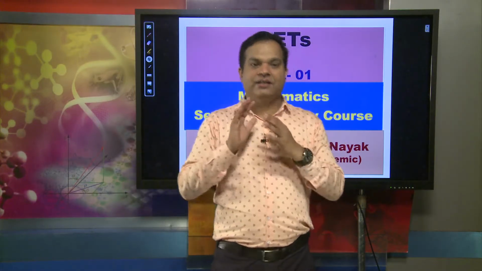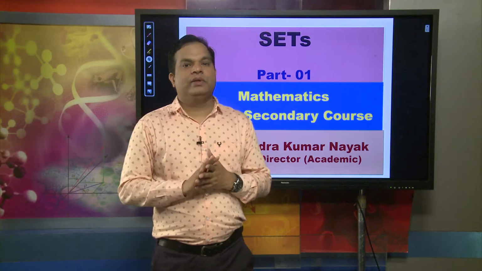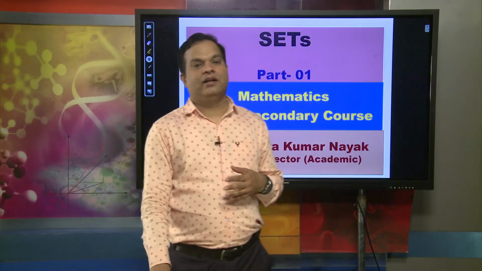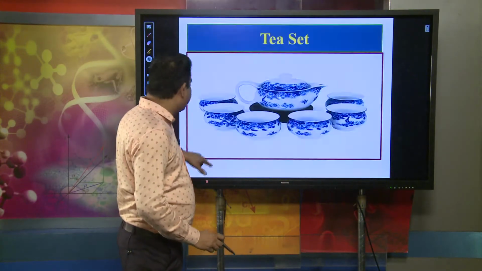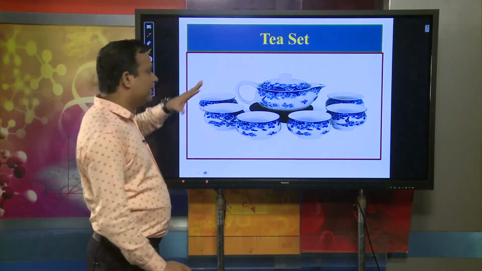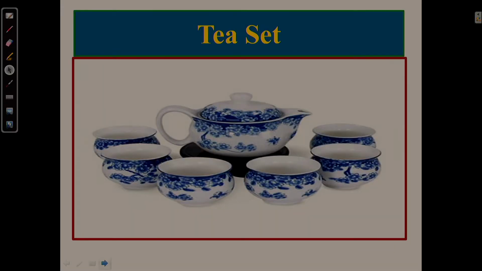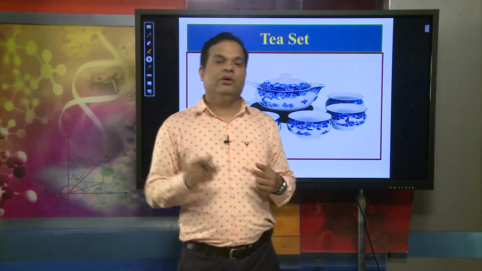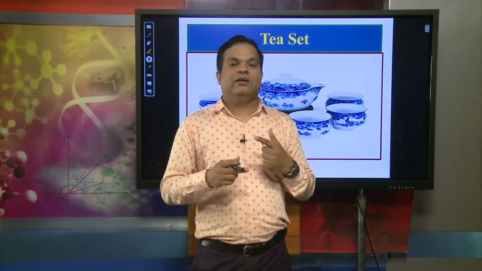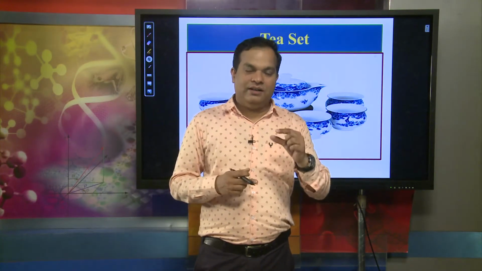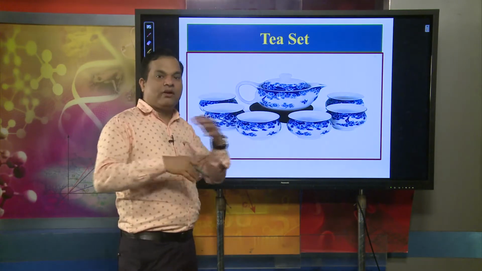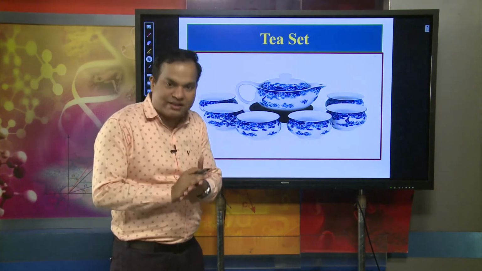When talking about sets, in our day to day life, you must be acquainted with terminology like tea set. For example, when talking about a tea set, we can say there are different elements. For example, one is a cup, we can say plate, and we can say bucket. Then when they combine, it becomes a tea set. After combining their different elements, it forms a set.